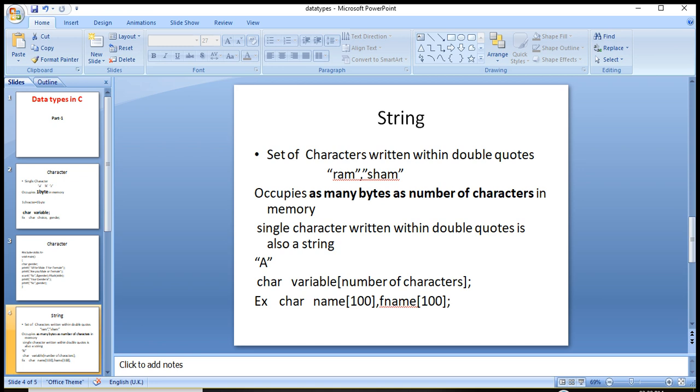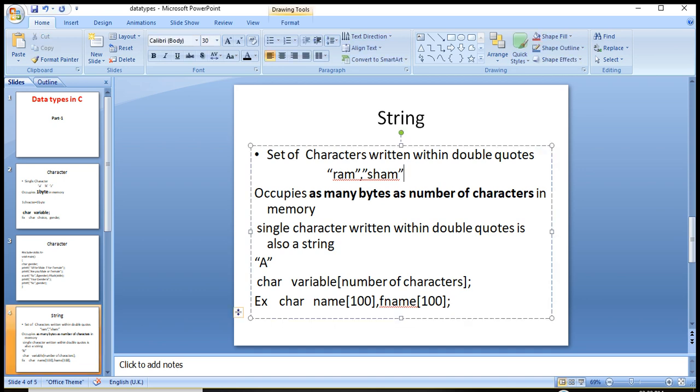Okay? And a string occupies as many bytes in memory as the number of characters in it. As we have taken, Ram is a string. It will occupy 3 characters in memory, and Sham will occupy 4 characters.